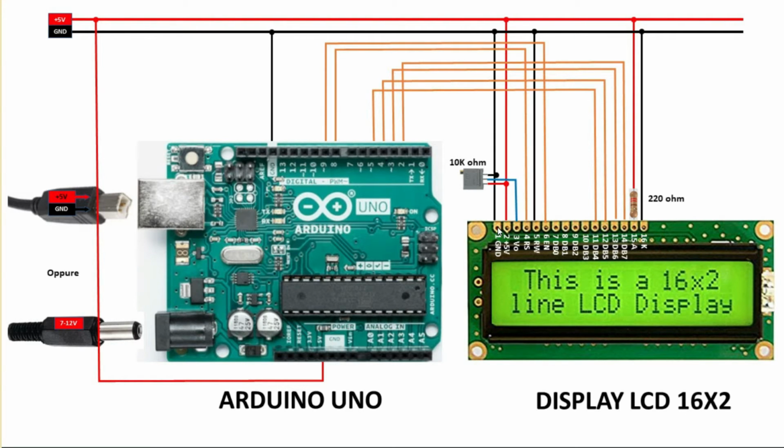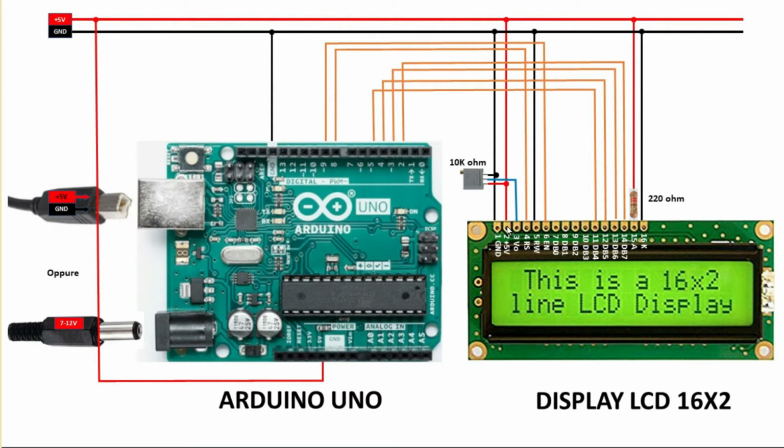Let's start from the ground. Ground has the GND pin here, which is connected to 3 pins of the display. Pin 1, which is the display ground. Then we have pin 5, which is the RW, which connected to ground allows us to write on the display. And then we have pin 16, which is the display backlight cathode.